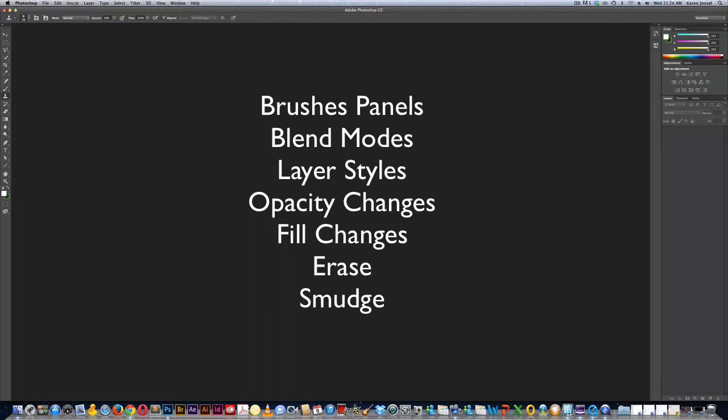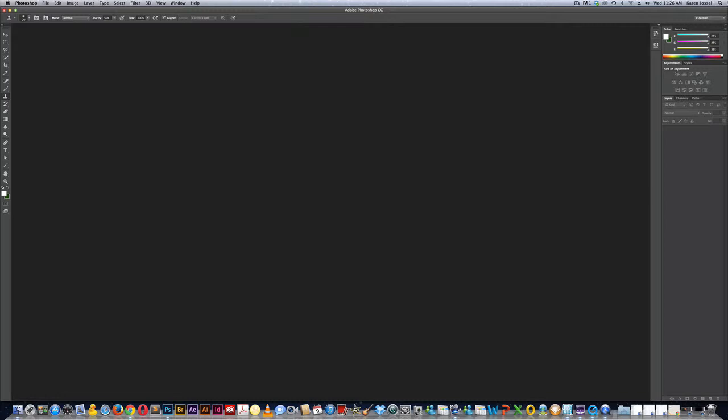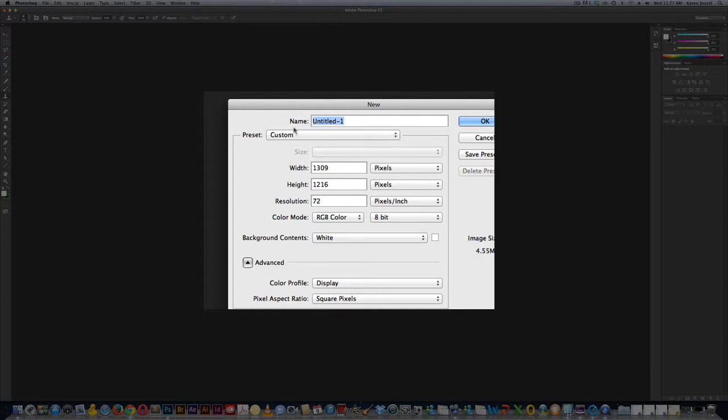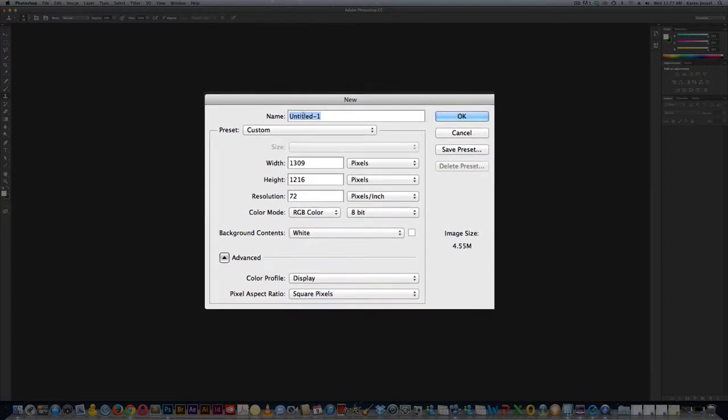So the first thing we're going to do is make a new file. I want you to be very aware of what I say, so you can go back and forth. I'm going to go to File, at the top menu bar, where it says the Apple and Photoshop, Edit, Image, and so on. Go to New, which is the first one. And now it's asking you for a name. I'm going to call it